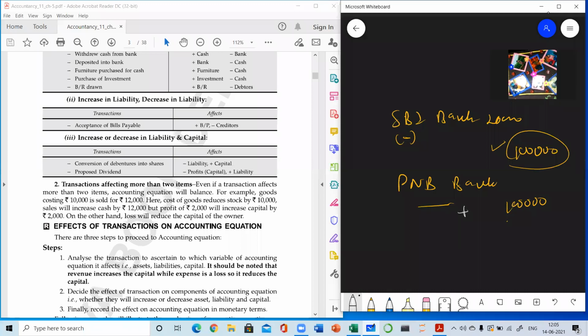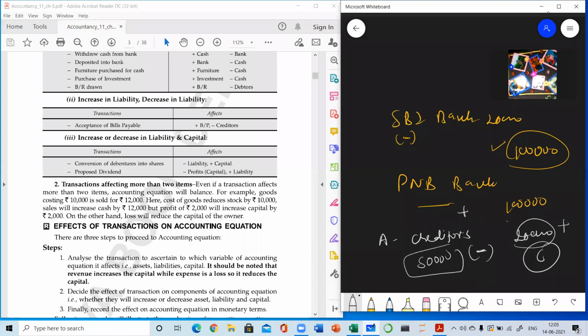For example, Mr. A was your creditor and you needed to make a payment of rupees 50,000, but you did not have money. So you have taken a loan from one of your friends, maybe C is your friend. So that loan will be another liability and you have made the payment to the creditor. So that will be the decrease in liability. So one liability is increased and the other liability is decreased. Again, the effect is on only one side. That is the right hand side.